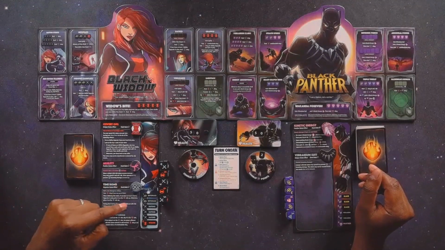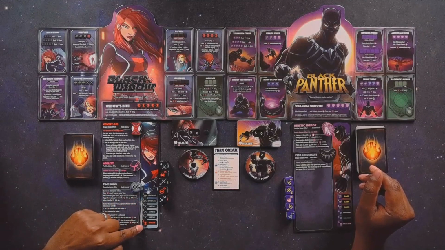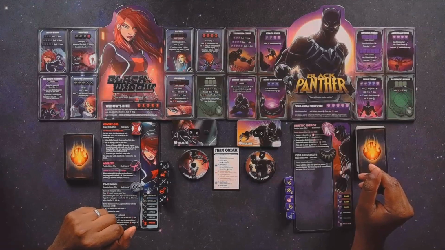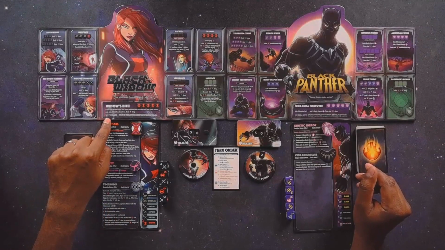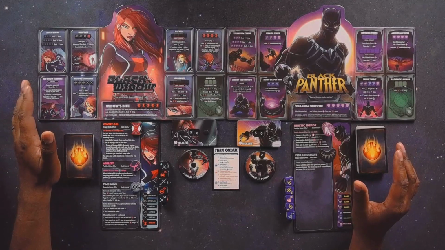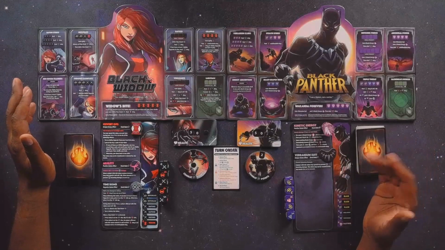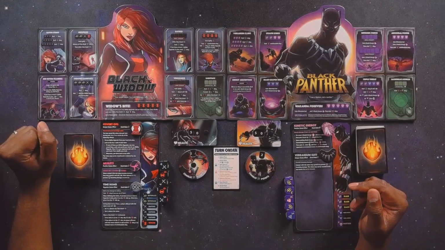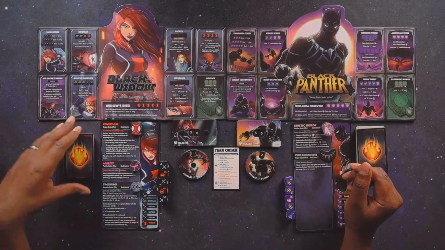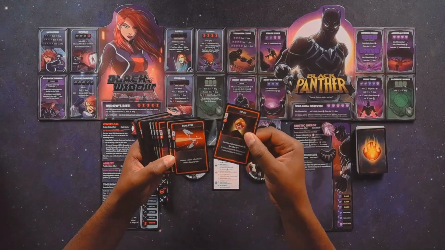Her die faces are 2 Espionage, 3 Batons, and then the 6th is the Widow logo. And her ultimate is the Widow's Bite: search your deck for up to 2 ability upgrades and put them directly into play, then shuffle your deck, inflict Time Bomb, deal 10 points of damage. Everybody starts at 50 health, and every character is going to have some cards that are just generic ones